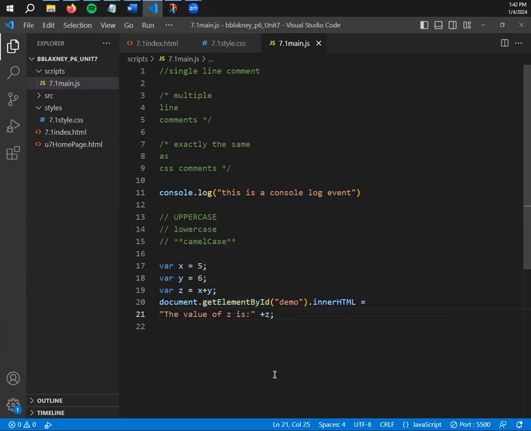So let's break down how we read this. We've declared our variables as good programmers before we've used them. Focus on the document, look for an element with the ID of demo within the HTML, change that element to be this brown text. The value of Z is, after the brown text,